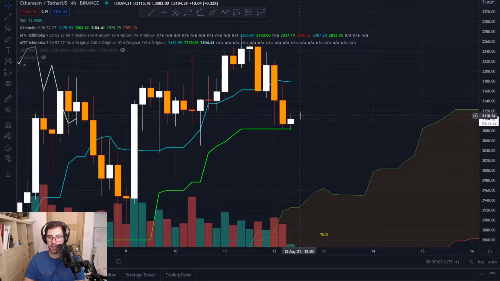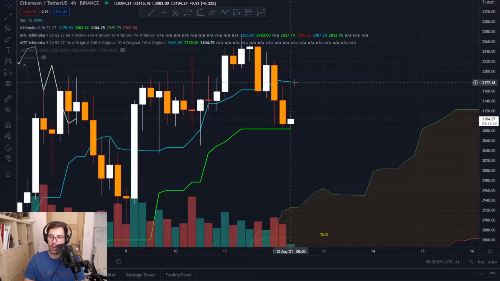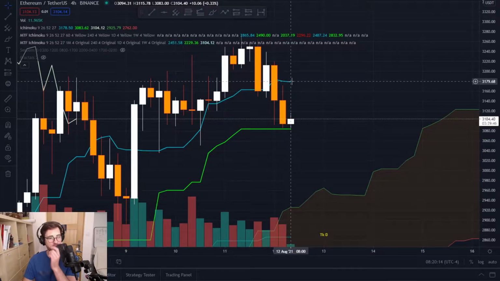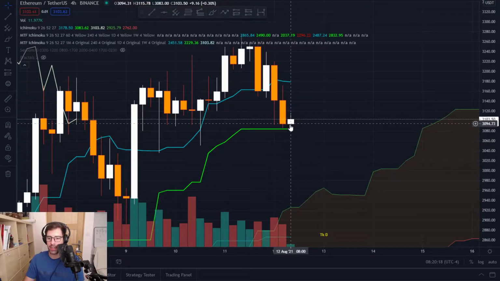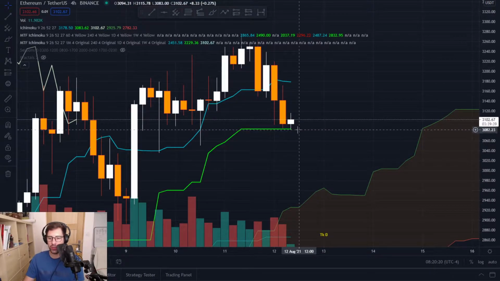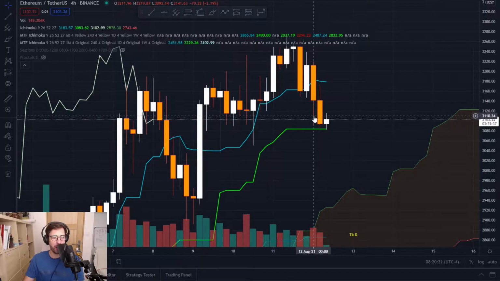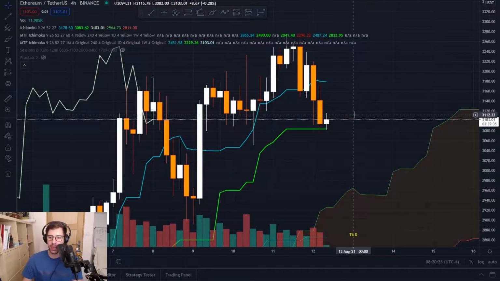if we close above it, then we are back into a bullish trend, and we will go hit the Tenkan at least before we can see any resistance. So taking a long trade here is quite interesting when you go near the Kijun, because there is a margin, there is a lot of things you can do.